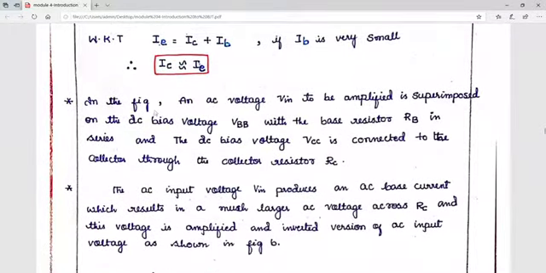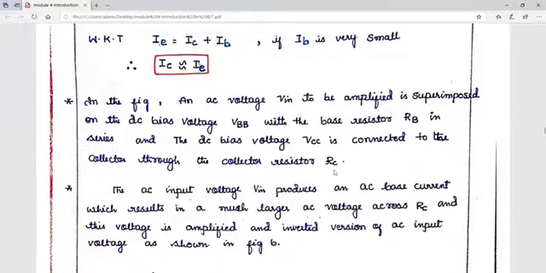And in the figure, an AC voltage Vin to be amplified is superimposed on the DC bias voltage VBB with the base resistance RB in series, and the DC bias voltage VCC is connected to the collector through the collector